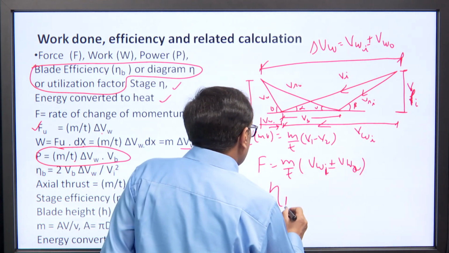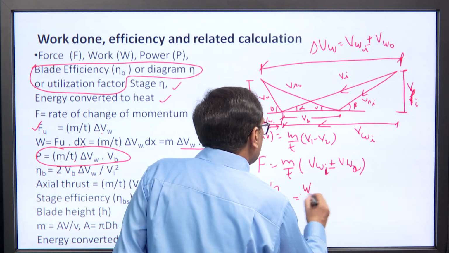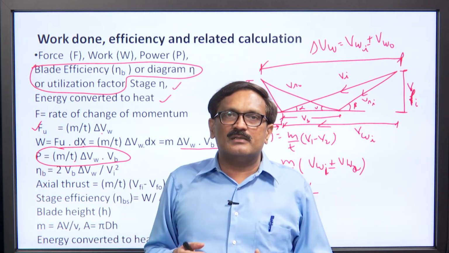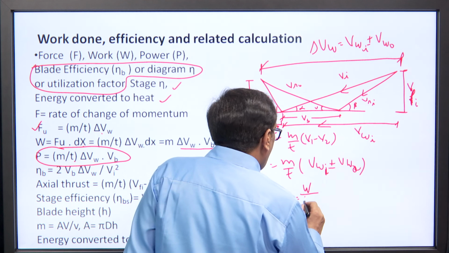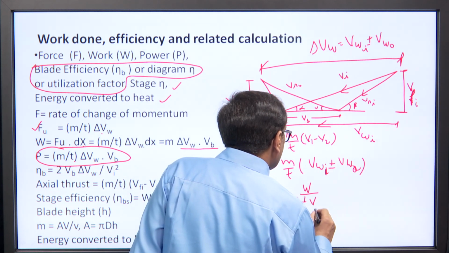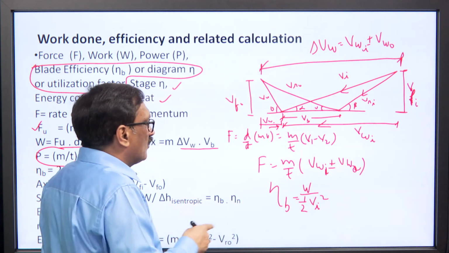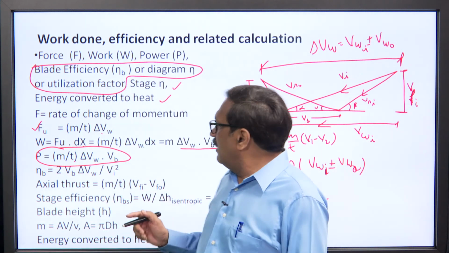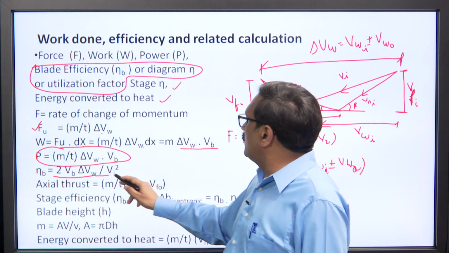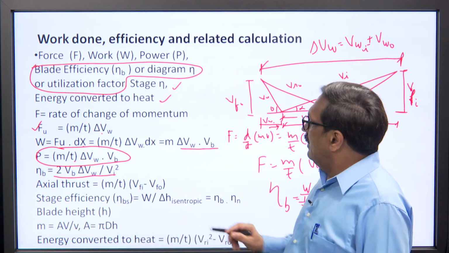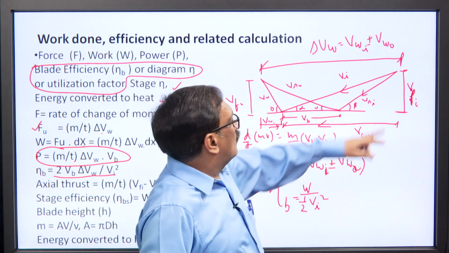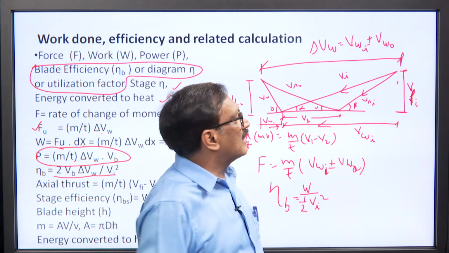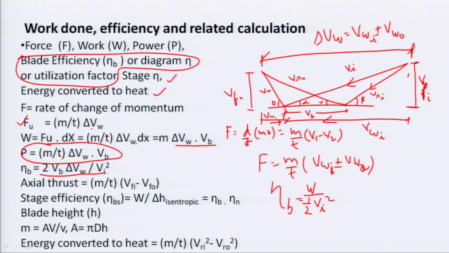So, efficiency, or the utilization factor, is nothing but the work done divided by the energy supplied, meaning the kinetic energy associated with the steam, which for unit mass of steam we can write as half m Vi square, or half Vi square for unit mass. So, work done upon half Vi square, that is the blade efficiency, which is going to be twice Vb delta Vw upon Vi square. Axial thrust is the force in the direction of the axis of the turbine. So, the change in momentum along the axis of the turbine, that is Vfi minus Vfo, will be the axial thrust, m by T (Vfi minus Vfo).